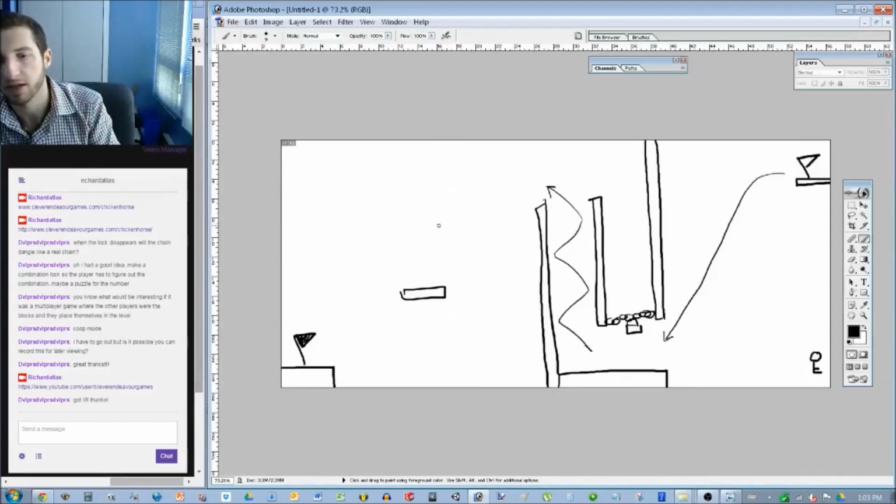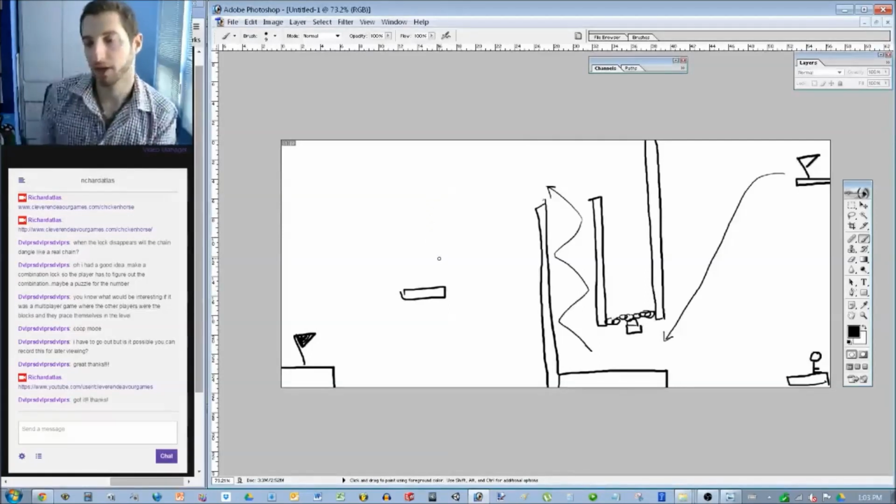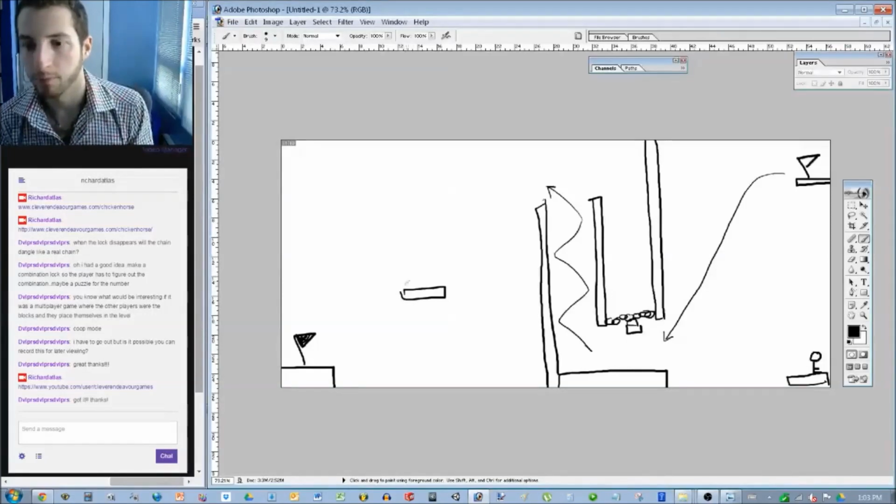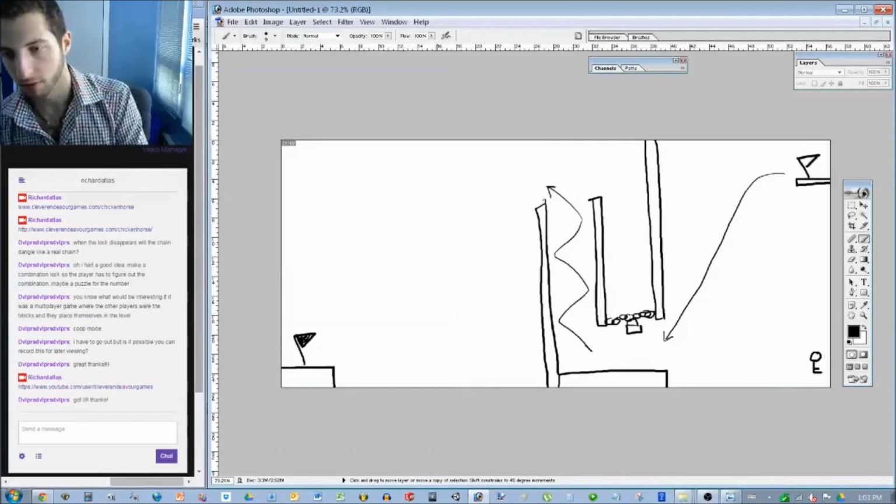Now, it obviously still has to be possible for the person who did get the key to place a block down here and still to be able to place a block later on in the level. It has to be possible, but maybe it'll be more difficult. So why don't we start with this idea,